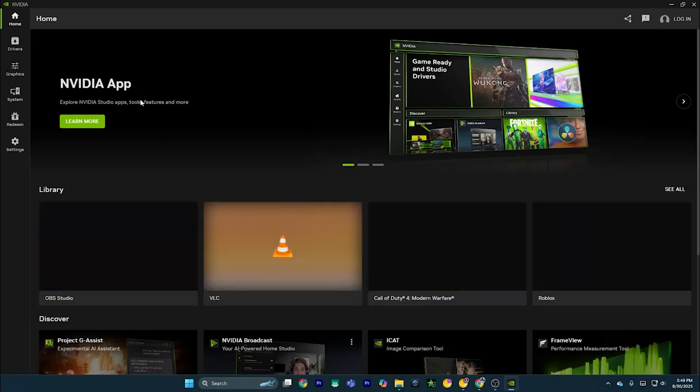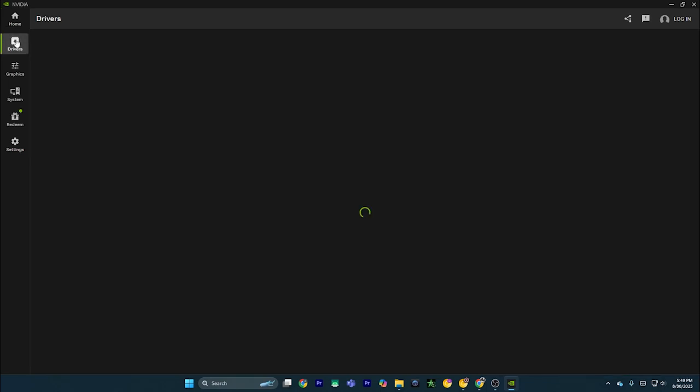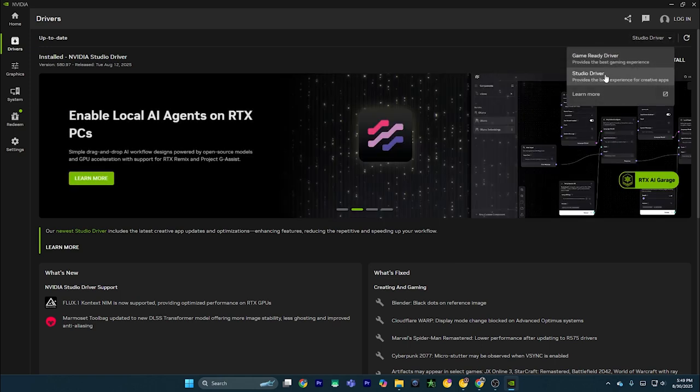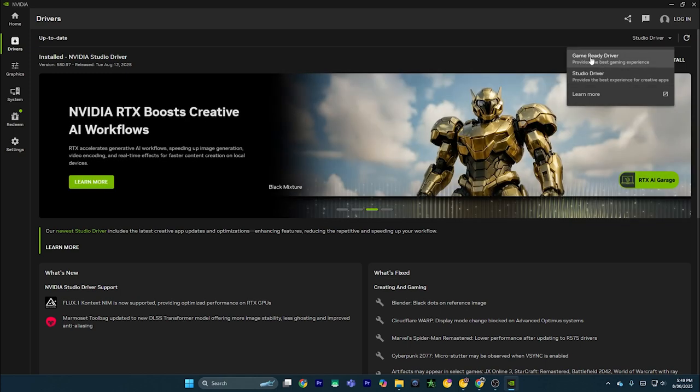It will open NVIDIA application, go to the driver section. Now here you have two different options. If you click on the drop-down menu, you will see Game Ready Driver and Studio Driver. It's crucial. If you're a gamer, like you used to game a lot on your PC, then what you